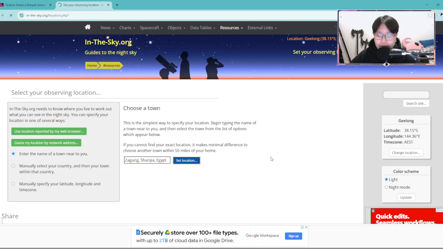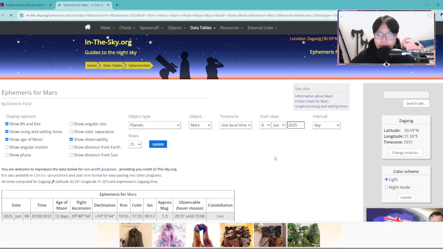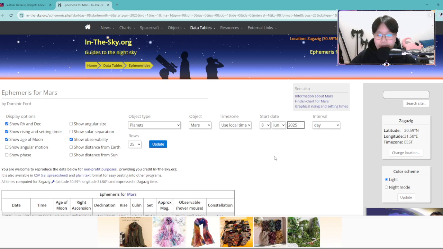For me, I am going to be using Zagazig, which is in Egypt and is the modern day location for the ancient city Bubastis, which was the domain of Bast, who is a deity that I am deeply devoted to. And so I want to set my calendar in accordance to her old town, the town that was named after her, or, well, they say it could have been either way around, but it's the town that's associated with her. And so I want to honor that. And so I've set it to Zagazig over there, you can see on the right side.